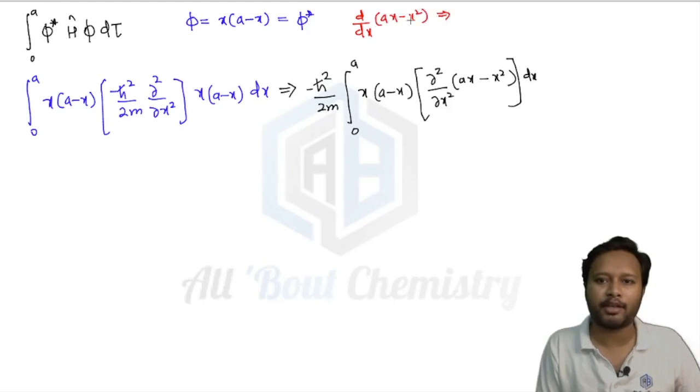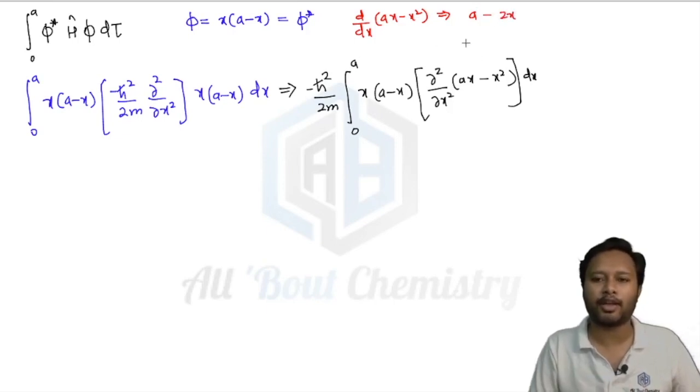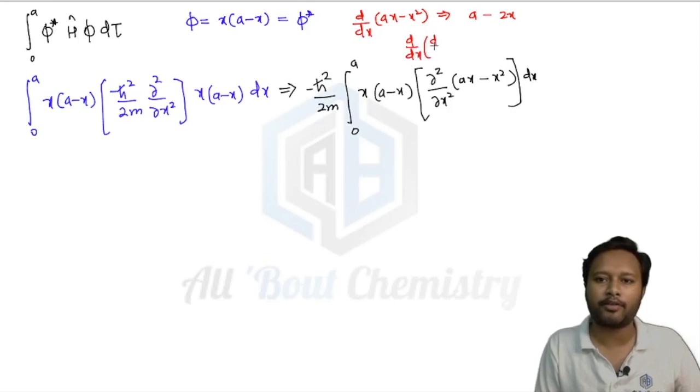So, the differentiation of x is 1, so I will be just getting a, and minus the differentiation of x square is going to give me 2x, alright. So, this is what I will be getting, and when I differentiate it again, that means if I do d by dx of d by dx, so basically I am doing 2 times differentiation. So, I have to differentiate it once again.